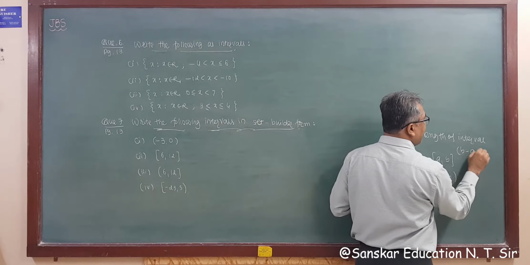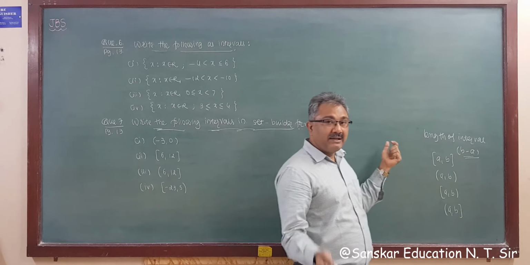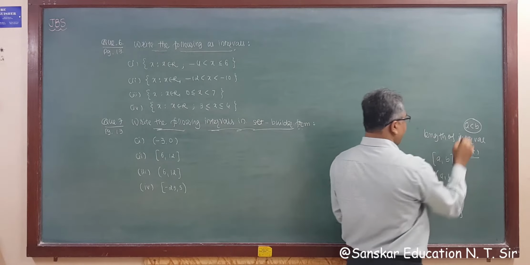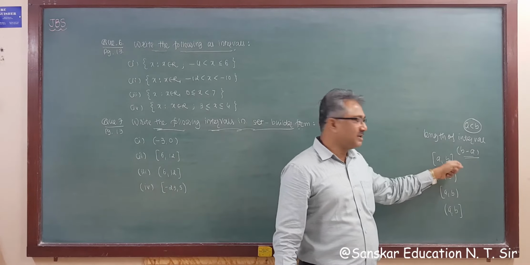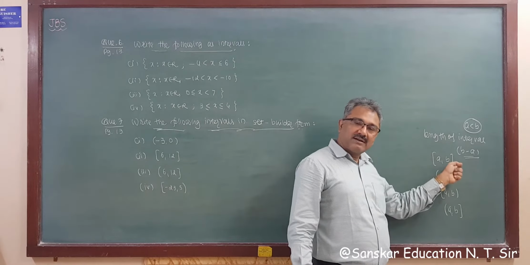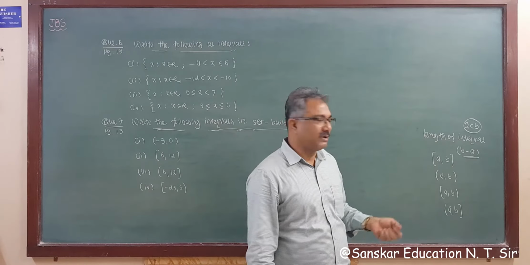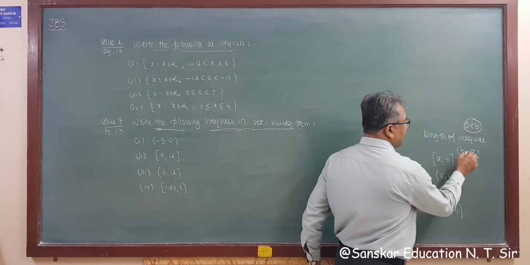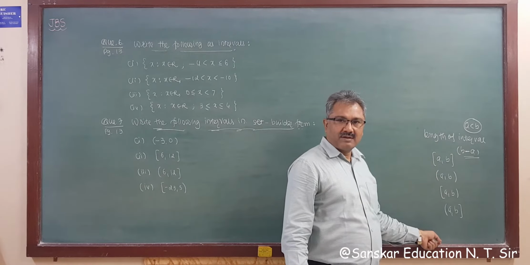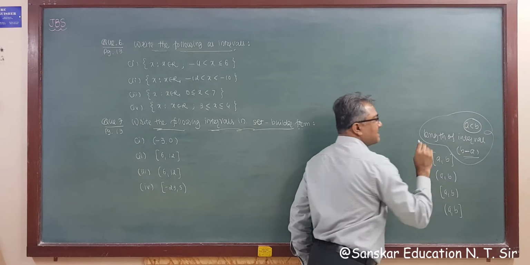That is the length of these intervals, because in the definition we take a is always less than b. That means this is less than this. So this is the small number, this is the greatest number. So greatest minus small number, you can take as the length of that interval, right? So the length of an interval is always b minus a for any type of interval, right? So remember this thing, the length of an interval is b minus a.